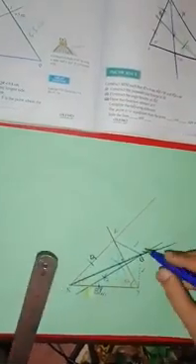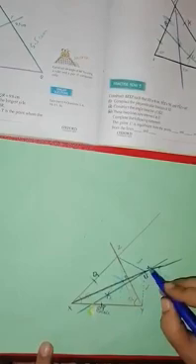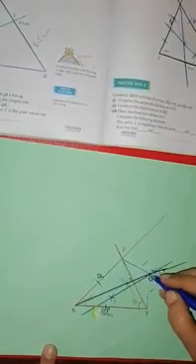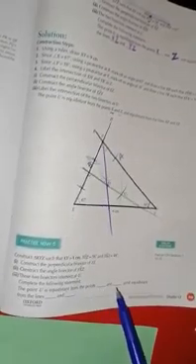See students, this is the point U where our angle bisector as well as the perpendicular bisector intersect each other. Now what is the question? These two bisectors intersect at U. Complete the following statement. The point U is equidistant from the points this and this.